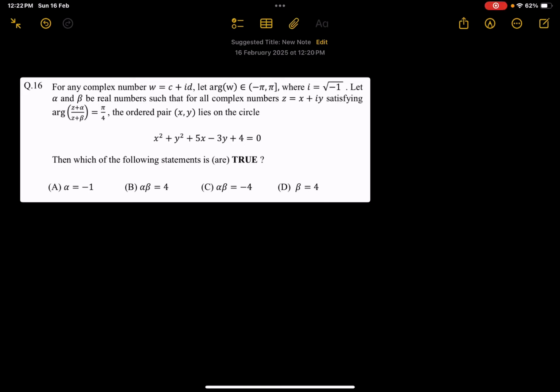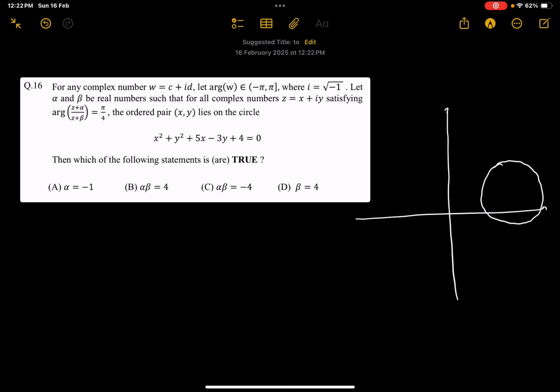So let's start with drawing our plane. This is our complex plane. Then we are given this circle, and there are alpha and beta real numbers, so there are two